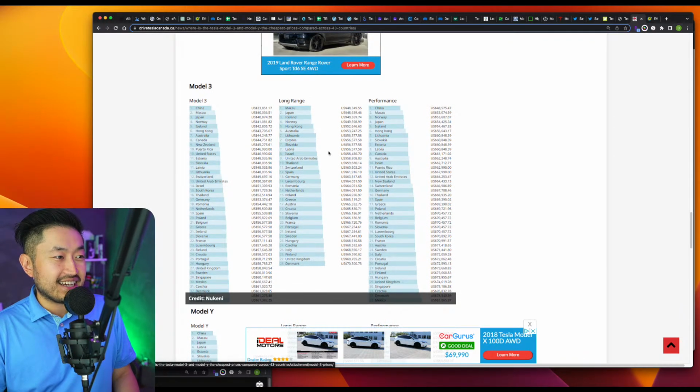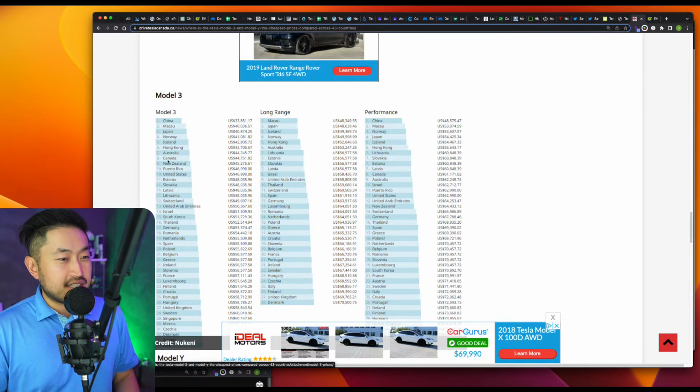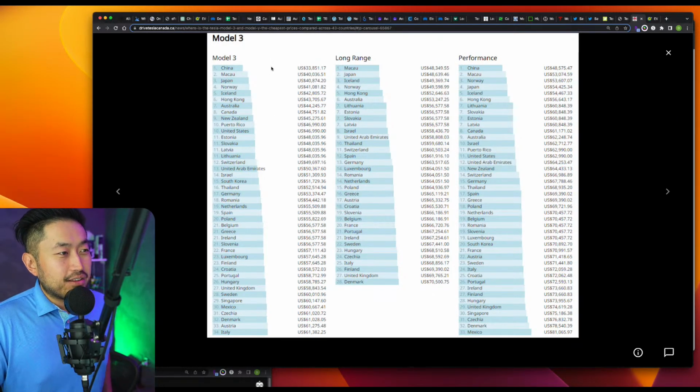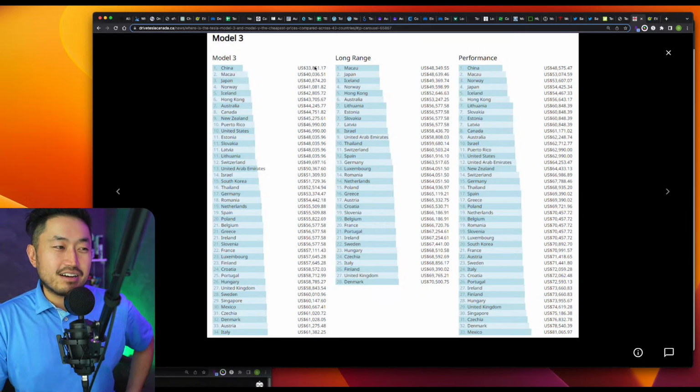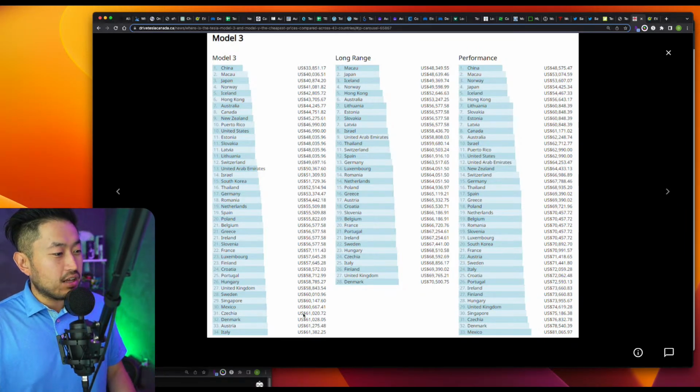And spoiler alert, it's cheapest in China to buy a Tesla Model 3. So you can see right here, hopefully you can read that on the screen. Okay, perfect. So the Model 3 Standard Range, the cheapest, is $33,851 converted to US. And as you go up, the most expensive is Italy at